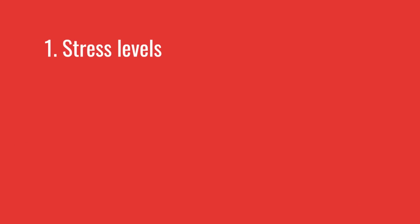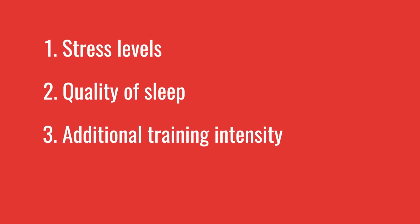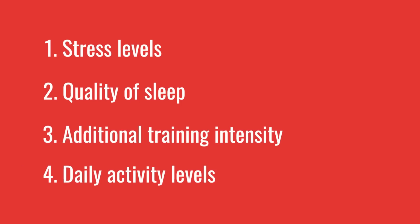Newer watches feature an improved recovery time algorithm that can shorten the initial recovery time estimate by taking into account stress levels, quality of sleep, additional training intensity, and daily activity levels. In short, if you've done a hard workout, your body needs time to adapt to it and recover. So the recovery advisor is there to help you work out how long it should be before your next hard